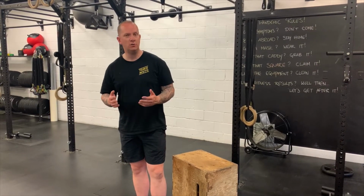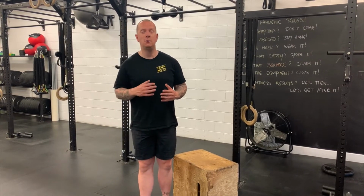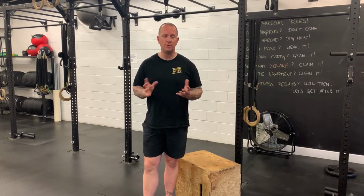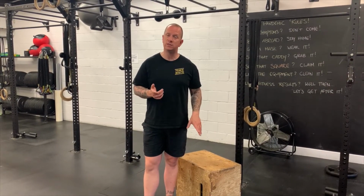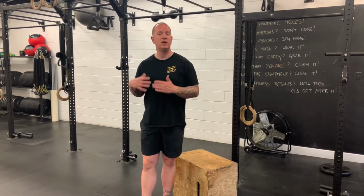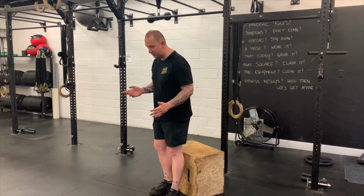So of course, when we're at home and we're trying to build to pistol squats, to put it as simply as possible, you have to find ways to make it really challenging for yourself. I'll probably say the two most common ways we see them done at home are people sitting back onto a chair or a box or their couch, and then the second is maybe holding onto a post or a door frame. So sitting back onto a box or a chair or a couch is fine, but what we need